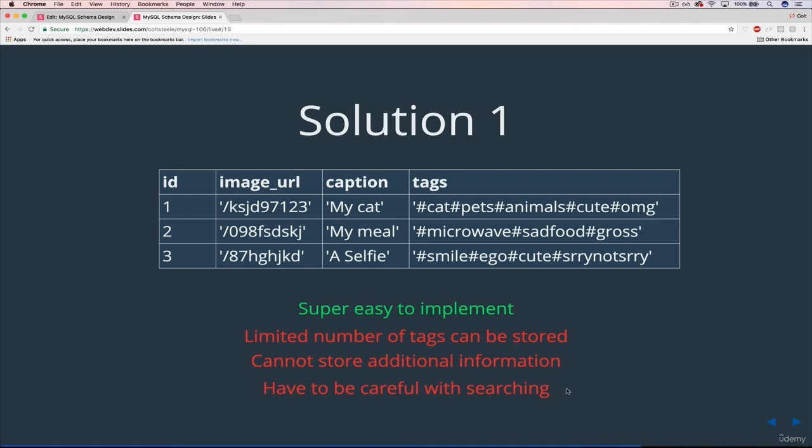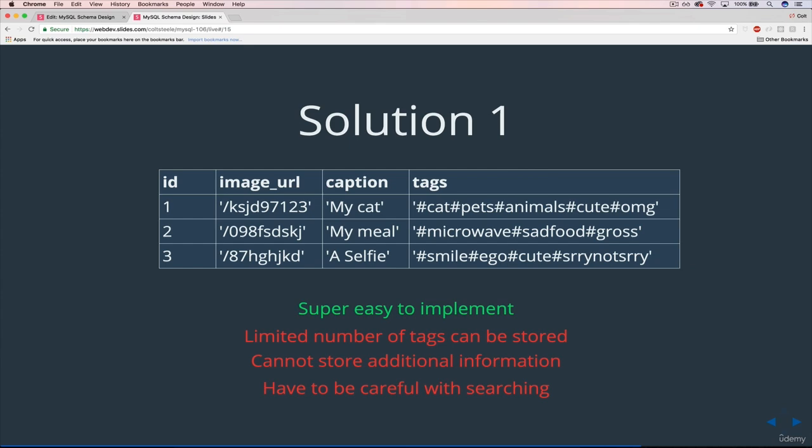And then the other thing that's kind of important is that you have to be careful when you're searching for stuff. So if I was trying to find the hashtag food, and I wanted to see nice food, beautiful food, so the hashtag is just food, well, it will return this, which has sad food, if I'm just doing LIKE food. So I'd have to be careful, and I need to add spaces maybe to make it easier to separate things out. Basically, you just have to be careful. There's ways around it. We've seen them before, how you use search with LIKE. But the point is, this is an easy solution, but it's not going to be the best,